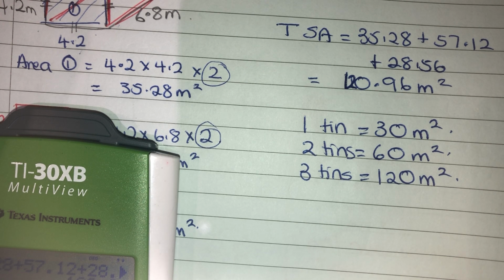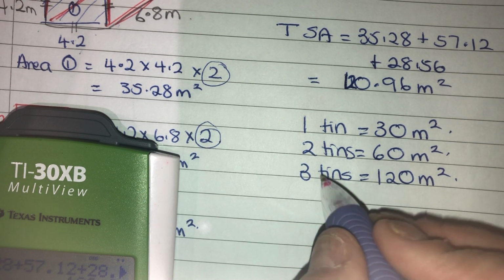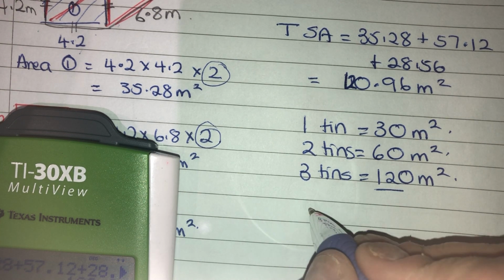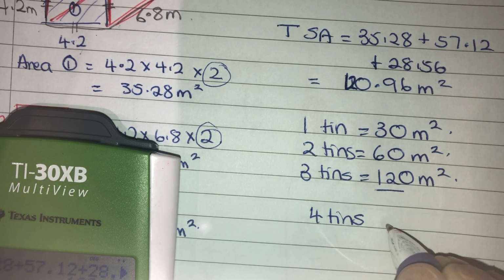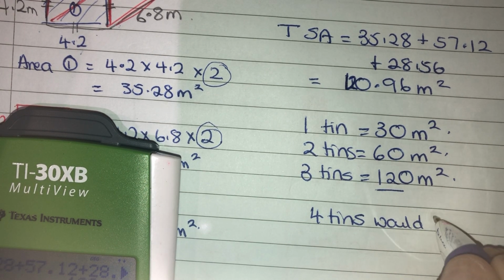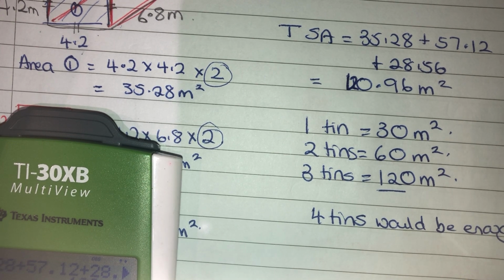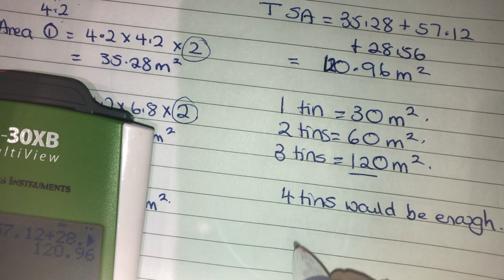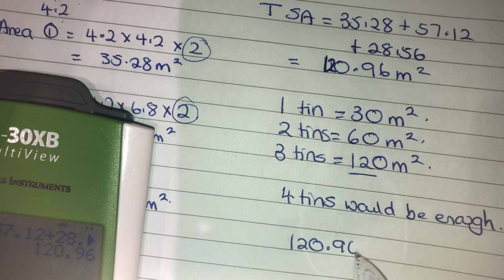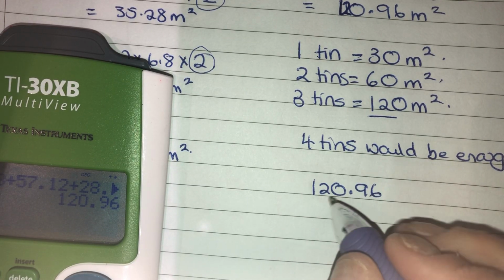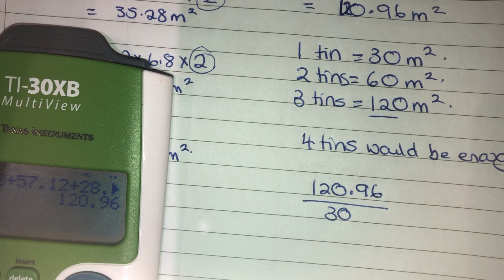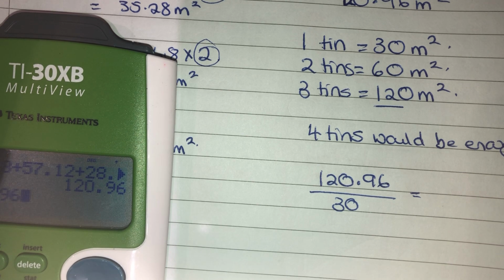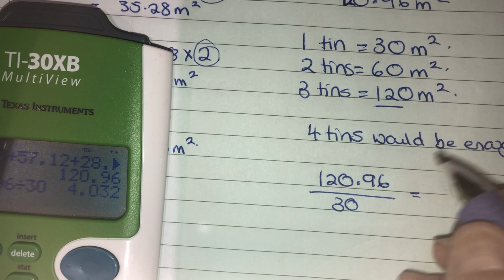How annoying is that? So your answer, and this is a trick question, if you buy 3 tins, you're not going to have enough. So you would actually have to waste some money and buy 4 tins would be enough. Sure, you'll have leftovers, but if you buy 3 tins, you're not going to have enough. All right, so the other way you could have done this, if you get bigger numbers than this one day, is how much you need to cover divided by how much each tin will cover. So if you do this, you'll get 120.96 divided by 30,